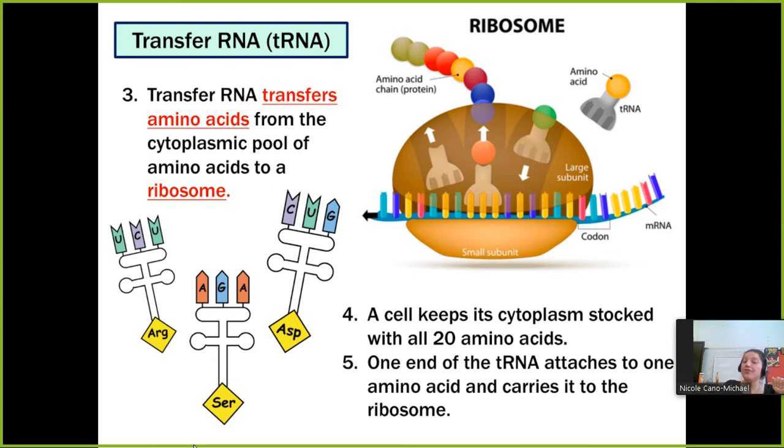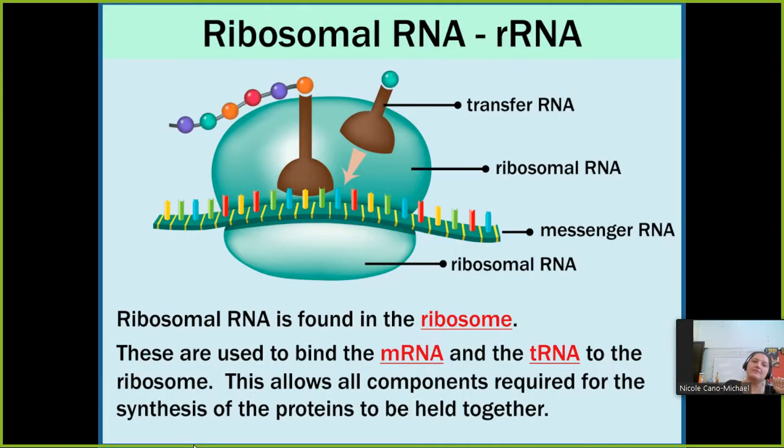All right. Third type of RNA, not too surprising, is called ribosomal RNA, or big surprise, rRNA. Ribosomal RNA is found in, again, shocker, the ribosome. Ribosomal RNA basically are the factories, right? They are used to bind the mRNA and the tRNA to the ribosome, and this allows all of our components, right? We have the message, we have the ingredients, and it's going to let everything come together to build the